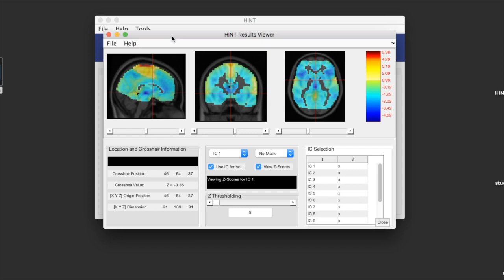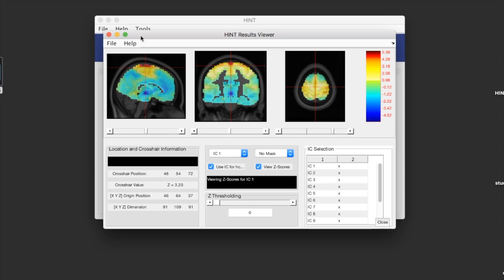The HINT result viewer looks about the same across different viewing items. So for example, here we're viewing the initial guess, but later we'll be able to use this same window to view the covariate effects and the population aggregate maps, along with subpopulations and single subject maps. We'll be talking about that more later, but for now, all that you really need to worry about is this main viewing window, which lets you see the estimated independent components overlaid on a brain, and then this IC selection box right here. This box keeps track of the different independent components